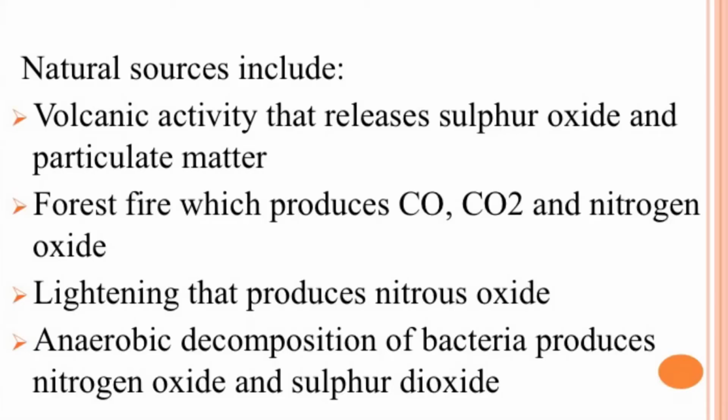Having talked about the various causes of air pollution, let us talk about the various sources of air pollution. Sources of air pollution can be both natural and man-made. I am sure you all are aware of the natural sources. The natural sources include volcanic activity that releases sulfur dioxide, sulfur oxide and particulate matter, forest fire which produces carbon monoxide, carbon dioxide and nitrogen oxide, lightning that produces nitrous oxide, and anaerobic decomposition by bacteria which produces nitrogen oxide